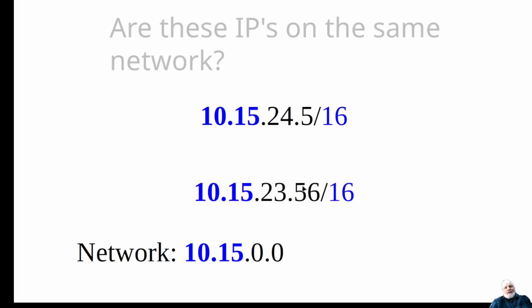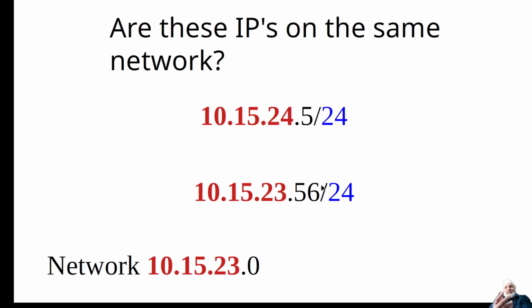the same network. However, if we look at this slide, I've got the same numbers, but I'm using a /24. And so therefore the red is the network now. So the top one is on the 10.15.24 network, but the bottom one is on the 10.15.23 network. And this is where the crossover cable